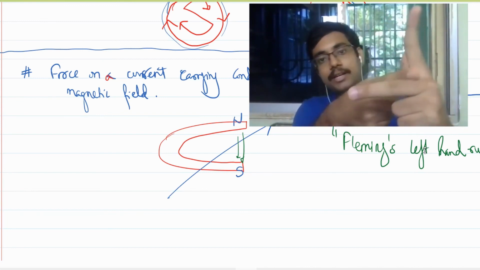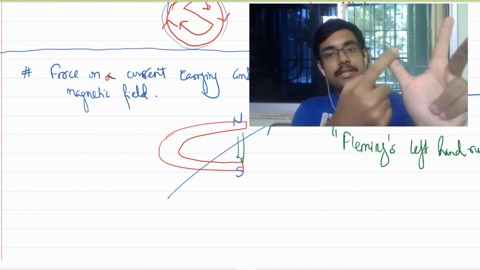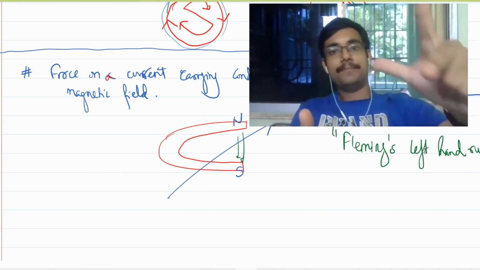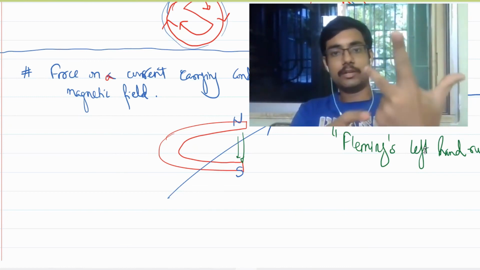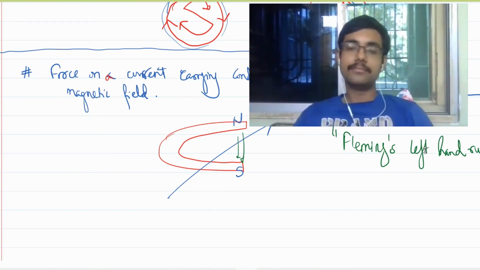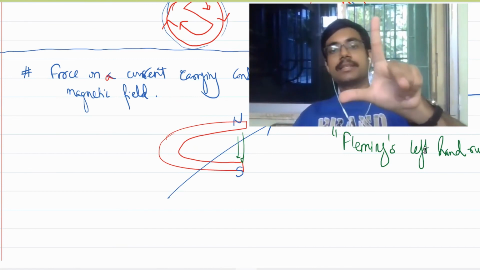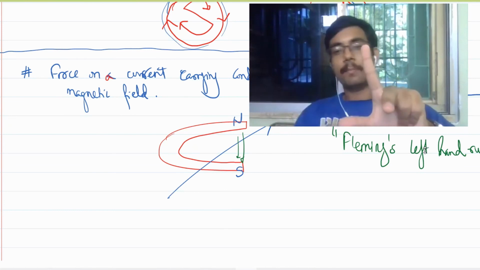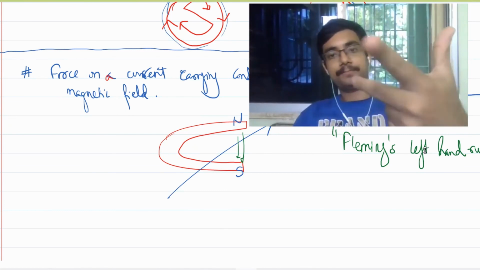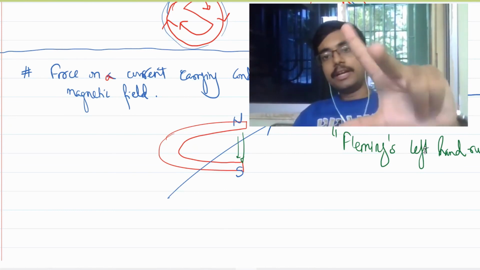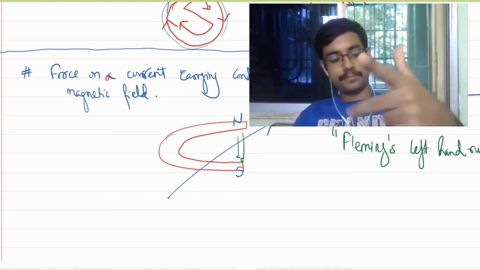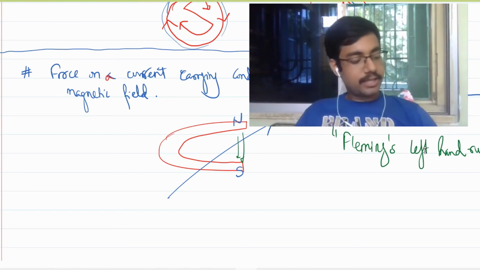See, this finger is perpendicular to this, this finger is perpendicular to this, and this finger is perpendicular to this. Are you seeing this? So you put your hand such that one finger is perpendicular to the other. Is that clear? Everybody, can you hold it like this? Now, just remember this one thing.